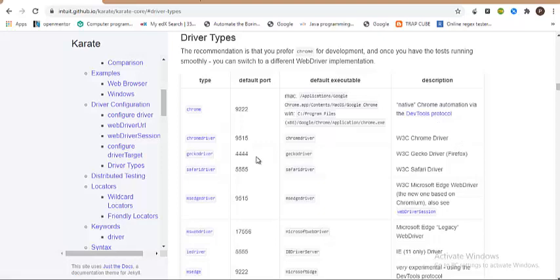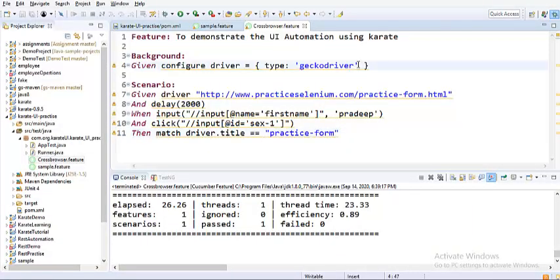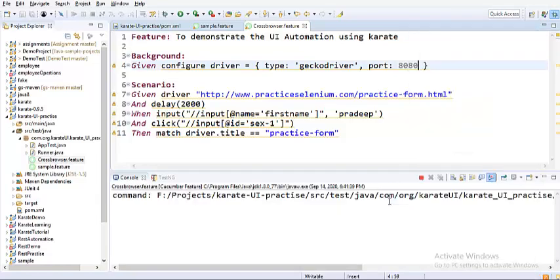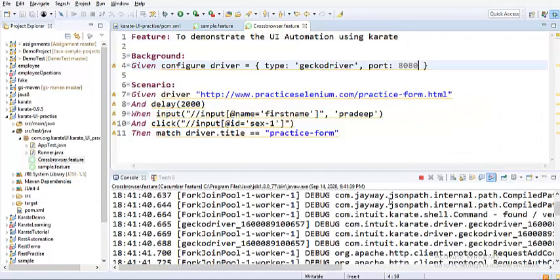And if you specify Gecko driver, you can also customize this port, like if at all you wanted to have this in a different port number, you can specify port equals to 8080. So for some time you wanted to launch the Gecko driver using port number 8080. So let us just run this as a feature file.